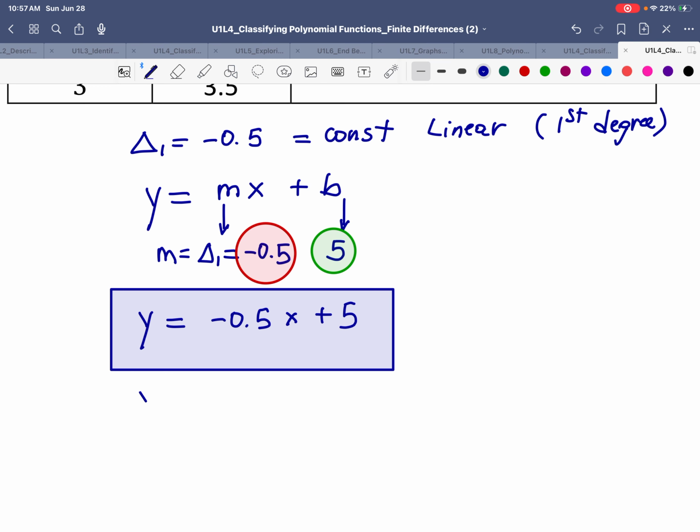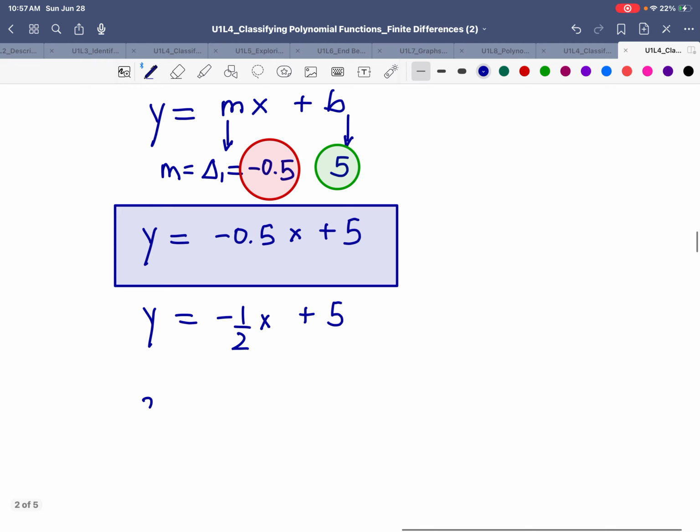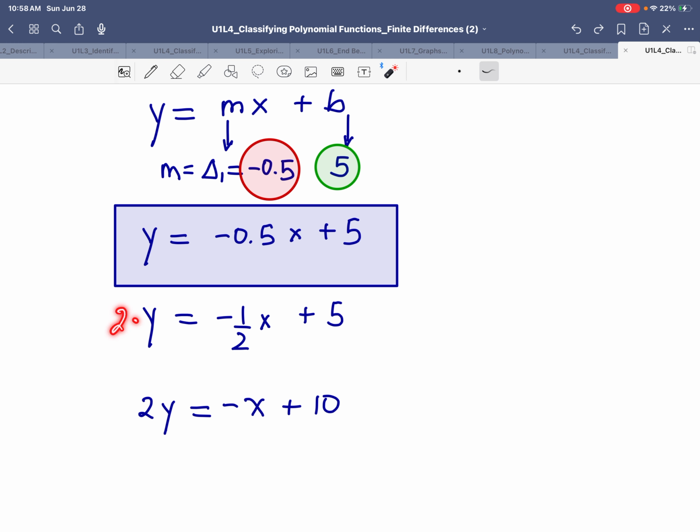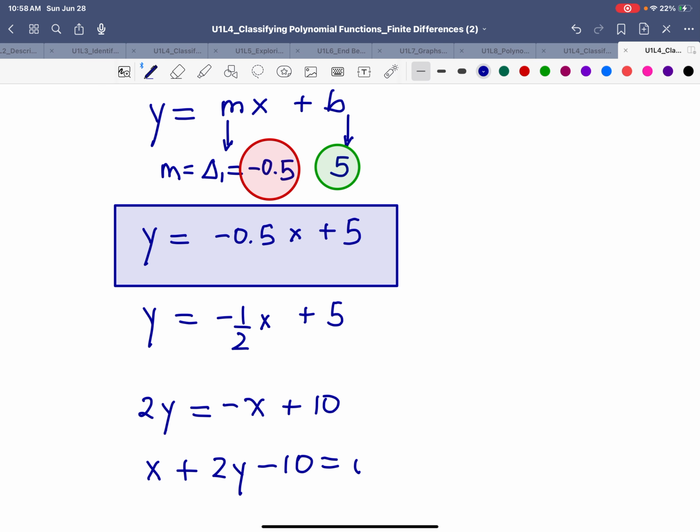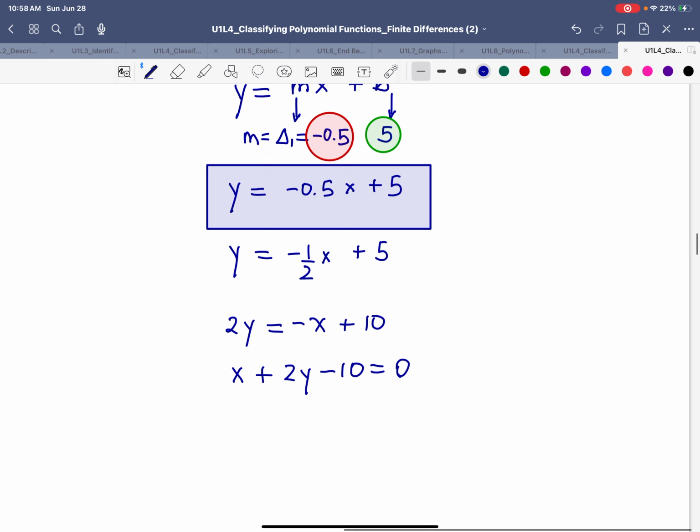Now, another way of writing this same equation is negative 1 over 2x plus 5. And if you want to write this in standard form, we got to get rid of that denominator. We do so by multiplying every term by number 2. And that will simplify the denominator, but it will change the other terms, obviously. And the standard form would be x plus 2y minus 10 equals 0. And this would be the answer to the